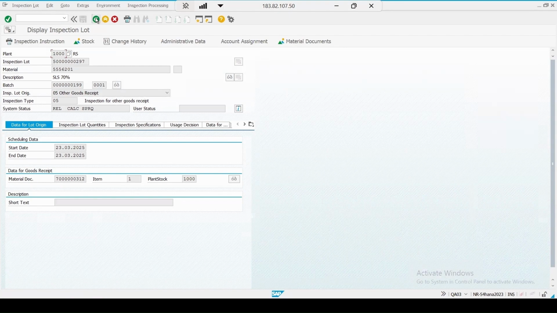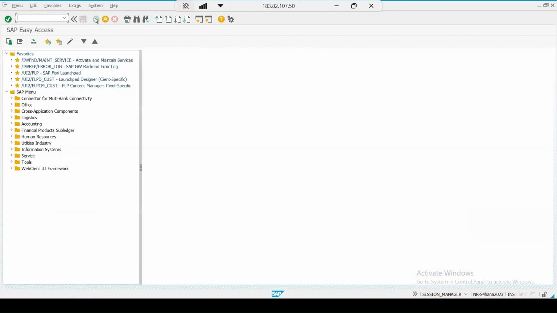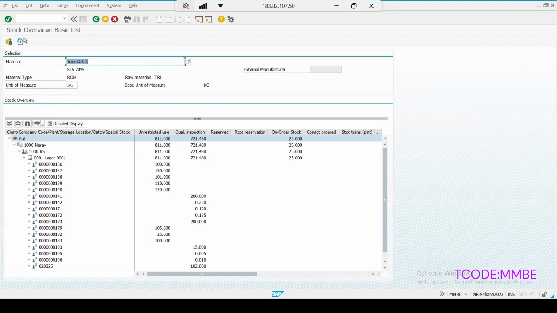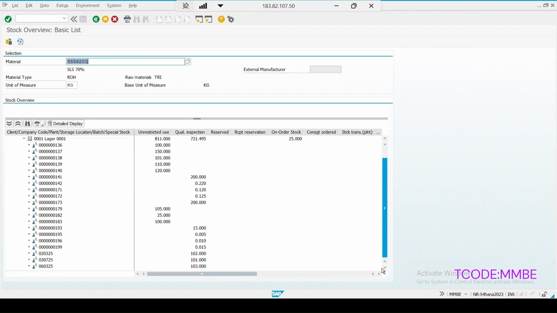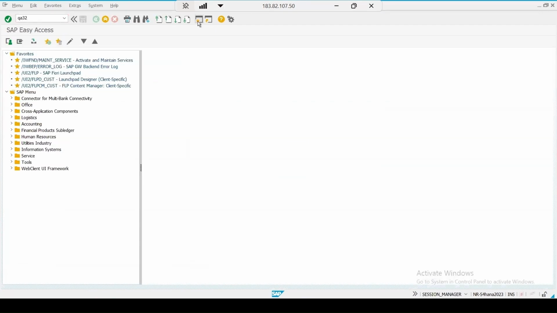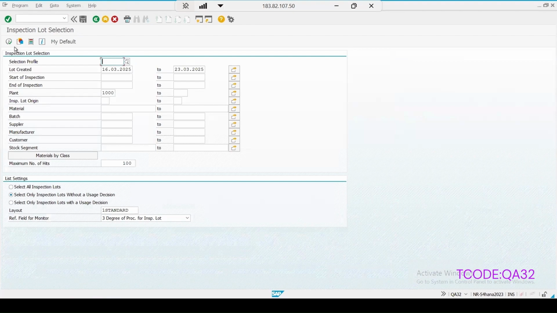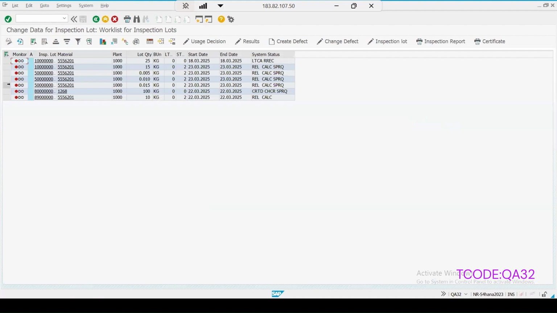And if we go back, here also if we refresh it, the stock of 15 quantity is added, and again if we check our QA32 report, QA32, enter and execute it. So this one is the lot with the quantity 15, which is created just now.